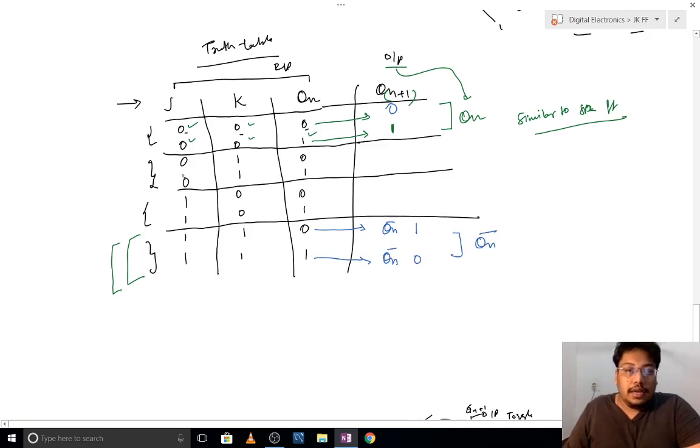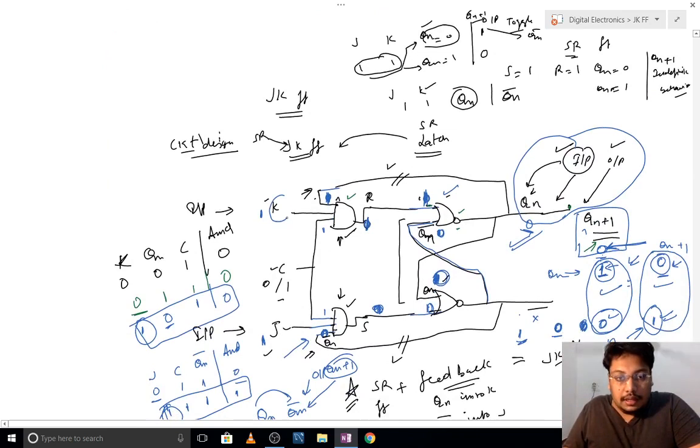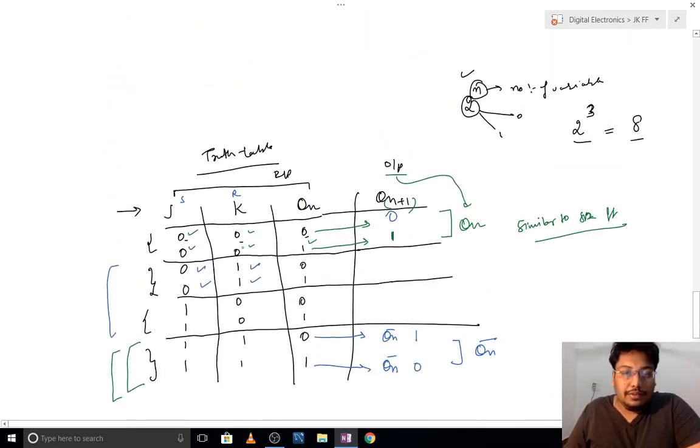Okay, and here if you want to check, you can do these iterations, but one funda is there. If J is 0 and K is 1, it means it will act as reset and it will act as set. Check this out, K is reset, J is set. Because we have just extended the SR flip-flop to make it JK. So if K is